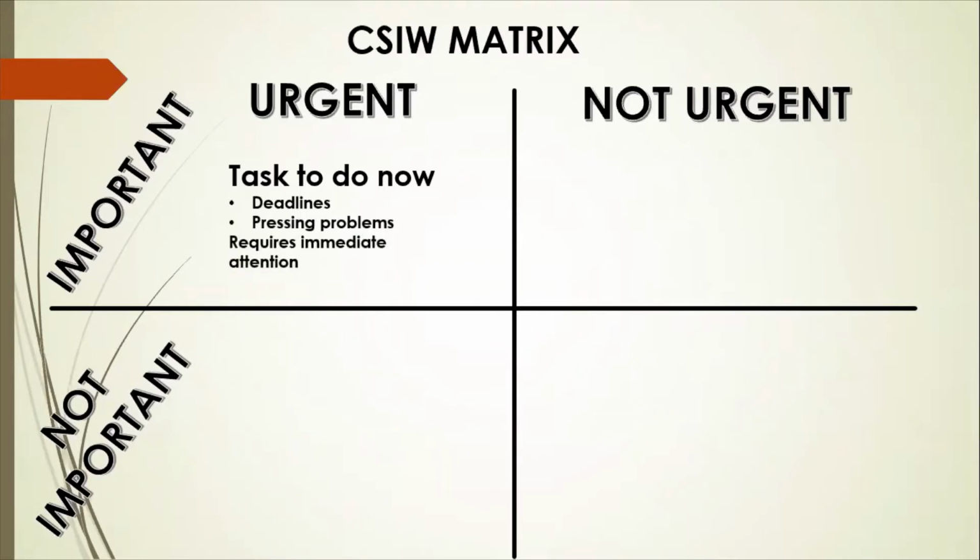You cannot postpone them. Examples can be the breakdown of your car, your medical checkup because you are ill, or a call from some kind of client. So these are tasks which cannot be avoided and you need to do them as and when they come. The second quadrant stands for not urgent and important tasks which can be done later, but you